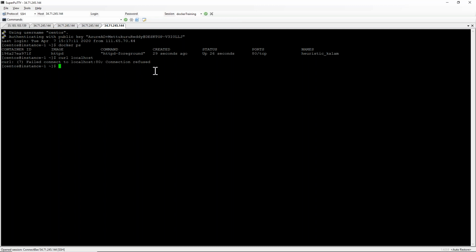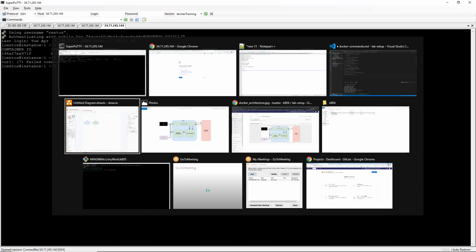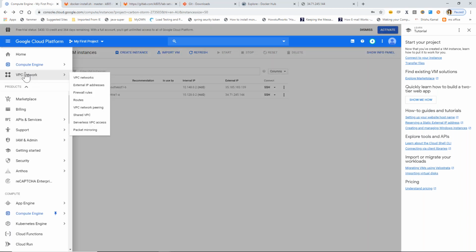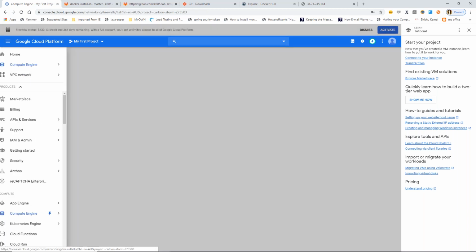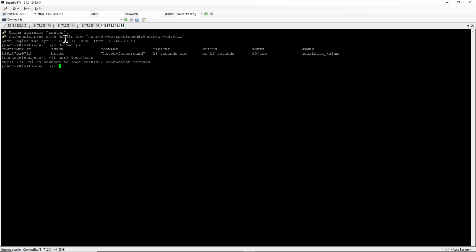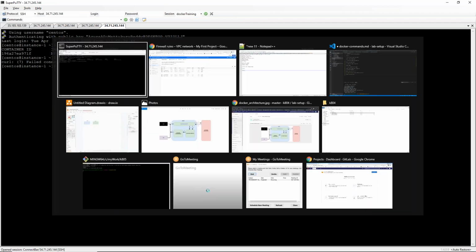Now if you send curl localhost, connection refused. Why? Did we open all the firewall rules? I think this is the new instance, 144.